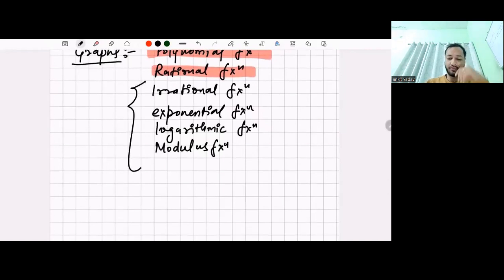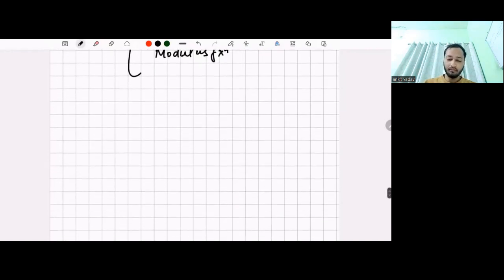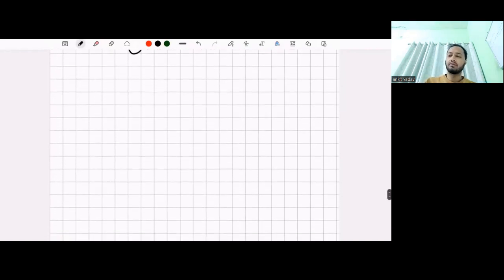इन चारों के graphs we are going to discuss. So first of all, we need to understand what is an irrational function. We know if some function is in the form of p upon q, then it is a rational function. ठीक है, q should not be equal to 0. In irrational function,